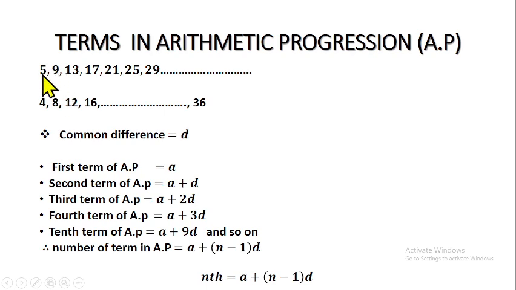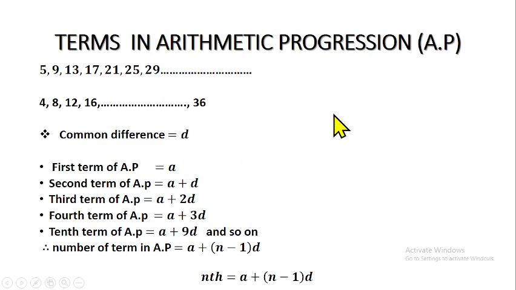Then if the first term is A, what is the second term of an AP or of an arithmetic progression? The second term of an AP is A plus D. Let's see that in action. The first term is 5. Then the common difference, we said the common difference of this one is what? 4. 9 minus 5 gives us 4. So if I add 4, which is the common difference, to the first term, which is 5, what will it give me? It gives me 9. So that means the second term of an AP is A plus D. Let's verify that in this one. The first term, which is A, is 4. What is the common difference? It's also 4. So 4 plus 4 will give us what? 8. Do we understand that now?